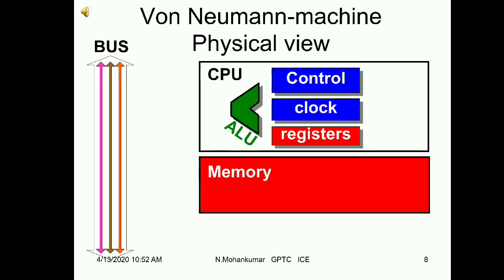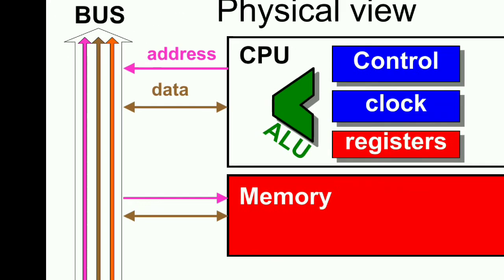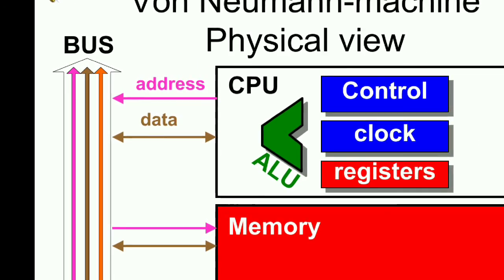Next, there is another bus called the data bus. This data bus is again a group of wires on which only data flows. It carries only data. The address bus carries only addresses, whereas the data bus carries only data between the processor and memory. But look here, the data bus is a bidirectional bus. So data can flow from the processor to memory and from memory to the processor also. Both, because it needs to carry data from memory to CPU and CPU to memory. Why